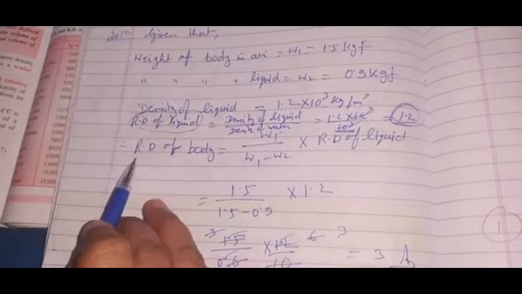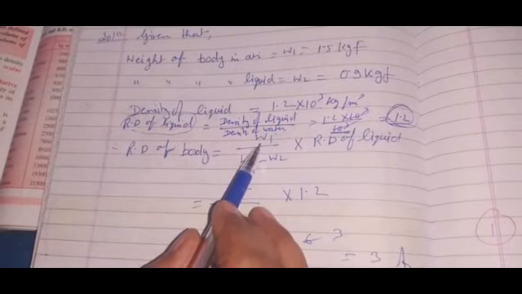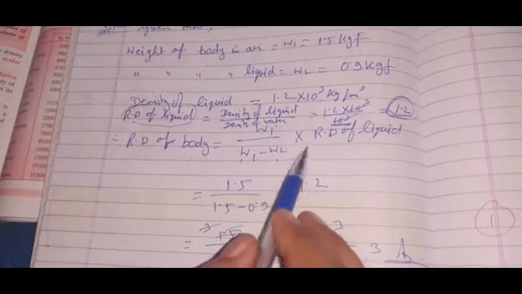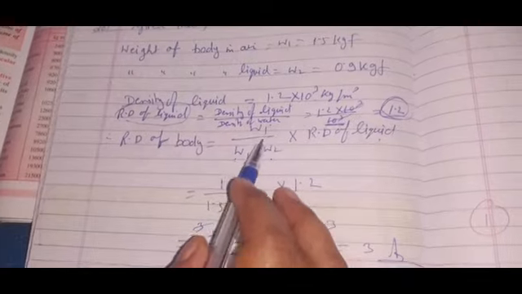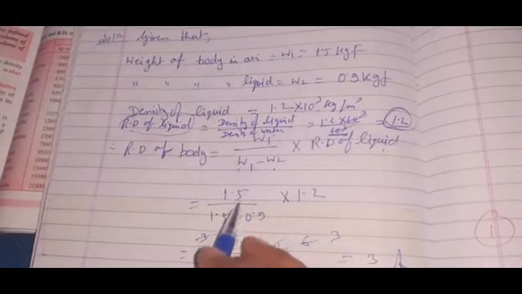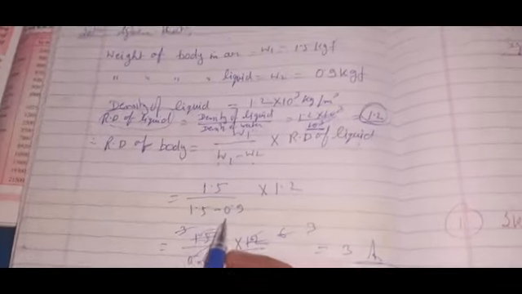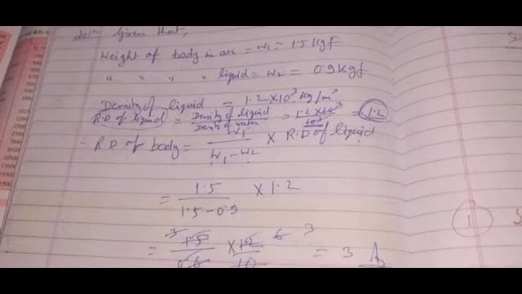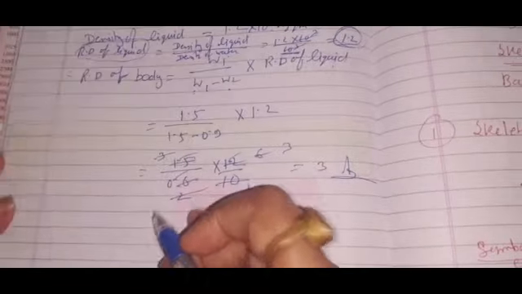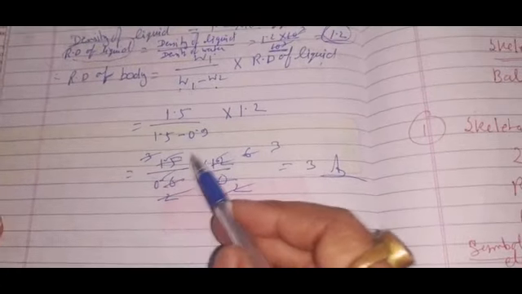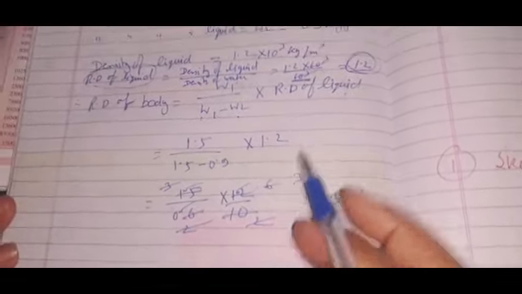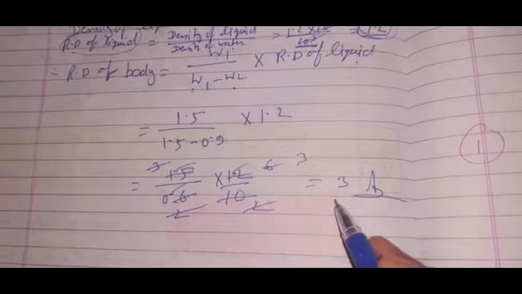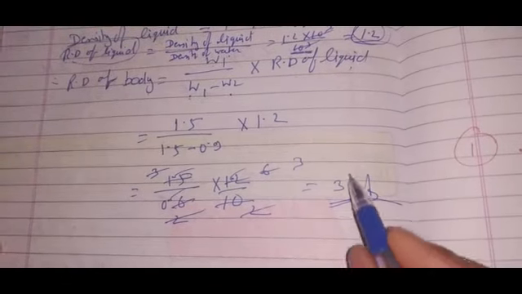Now we are going to use this value in the formula. What is the formula? The relative density of the body is equal to the weight of that body in air, upon the weight of the body in air minus the weight of the body in liquid, into the relative density of the liquid. So instead of writing the whole statement, I have written the symbols only and then used the values: 1.5 upon 1.5 minus 0.9, into 1.2, right? When we subtracted 1.5 and 0.9, we got 0.6. Then the decimals are shifted, and that's why here is 10. When you calculate it, after calculation you will get the answer 3. So what is the relative density of that solid? It is 3. Fine children.